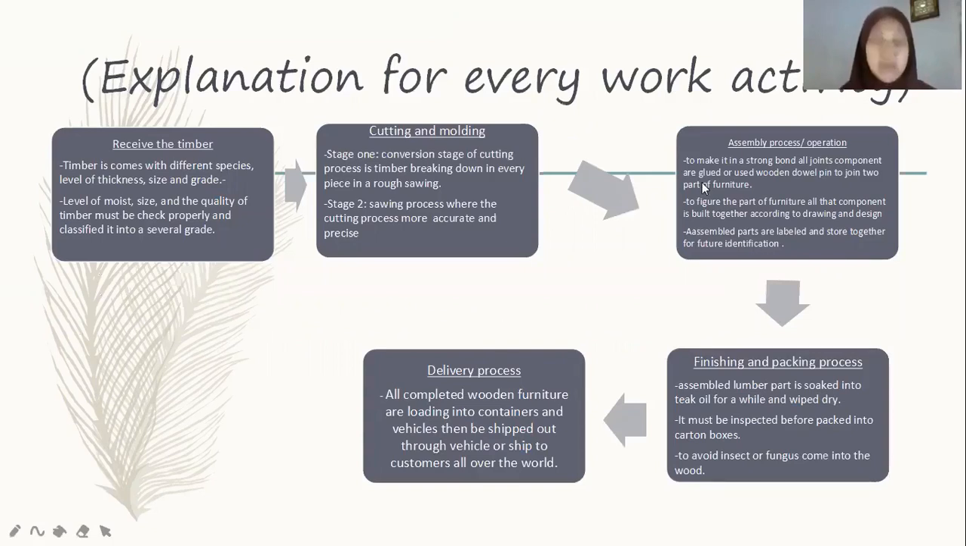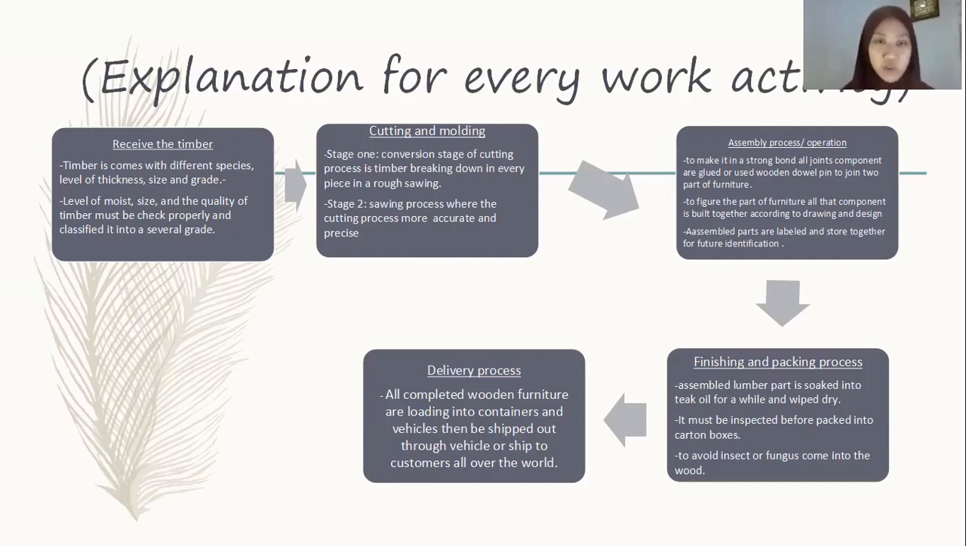So there are five work processes. The first process is receiving the timber. Timber comes in different species, levels of thickness, sizes and grades, and moisture levels, whether it is 12% until 15%. The sizes come in different types, and the quality of the timber must be checked properly and classified into several grades. And for the cutting and molding process,